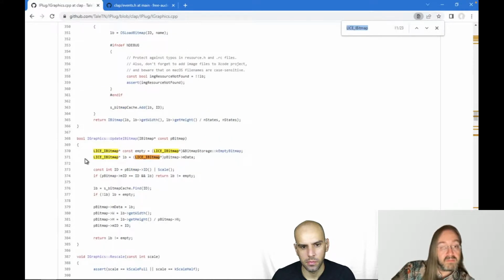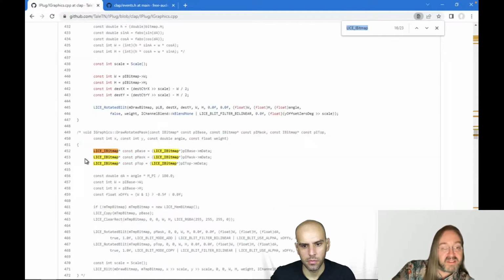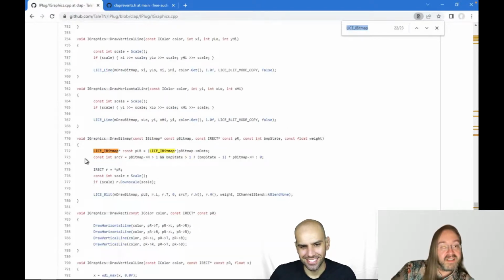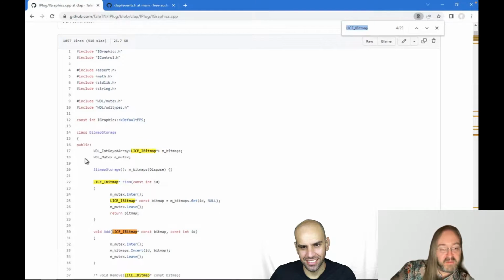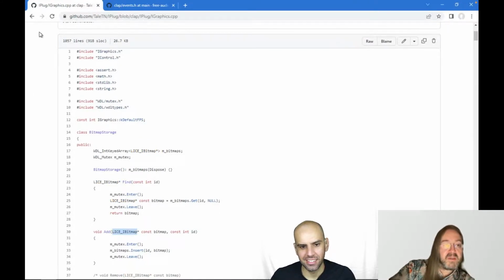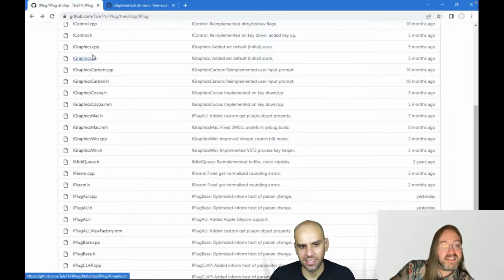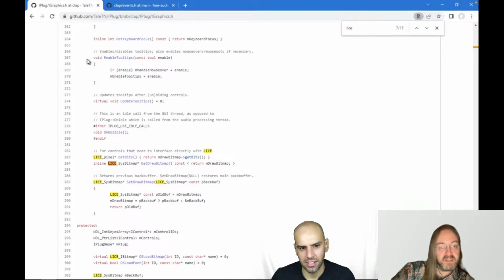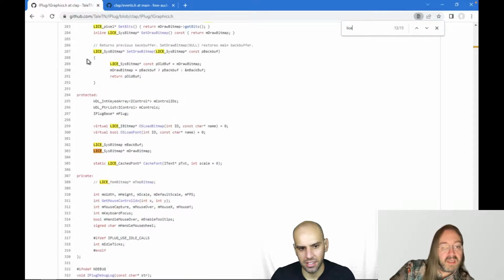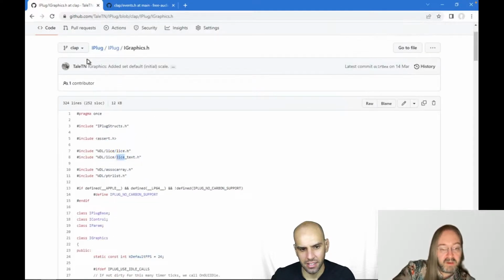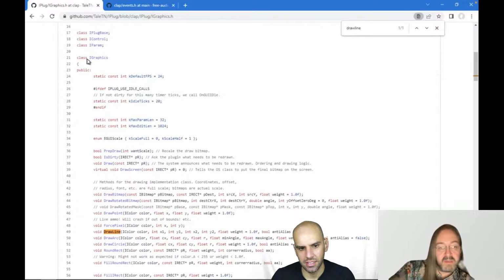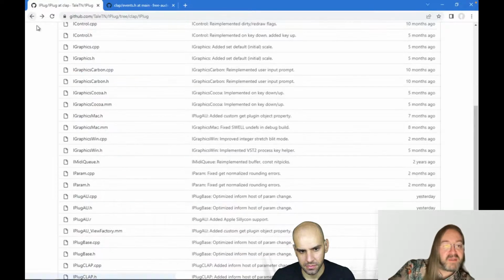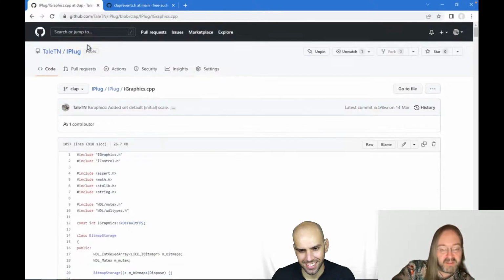Let's see if we can find one, because this is all bitmaps, and bitmaps. I can't even find one directly. That's probably because they were so simple that I put them in a header file, I guess. Or maybe because I accidentally searched only for bitmaps. Could be. Let's see what we have. We have draw line or something. Yeah, so here we have draw line. Oh, it is in the source file. Okay. Sometimes I forget what is where, also because I moved around things.